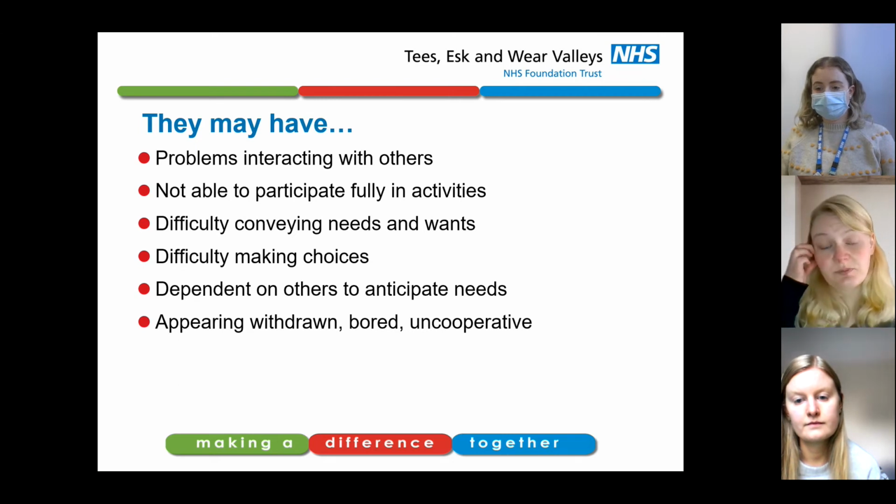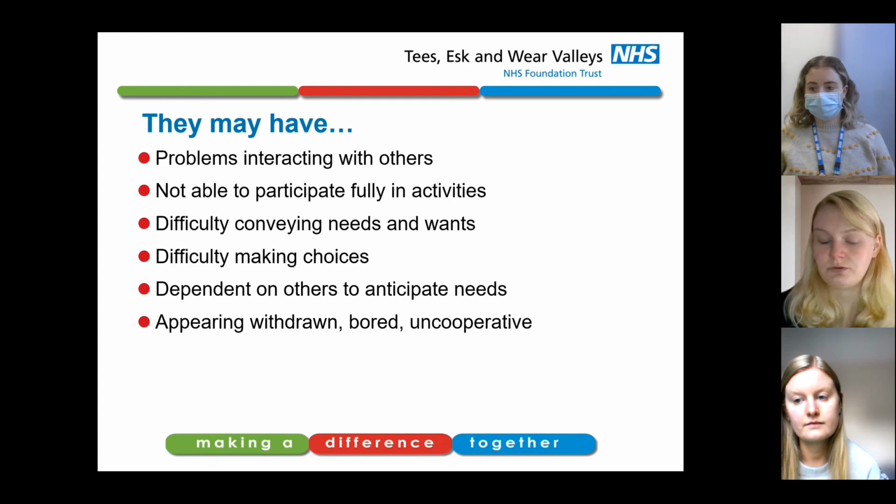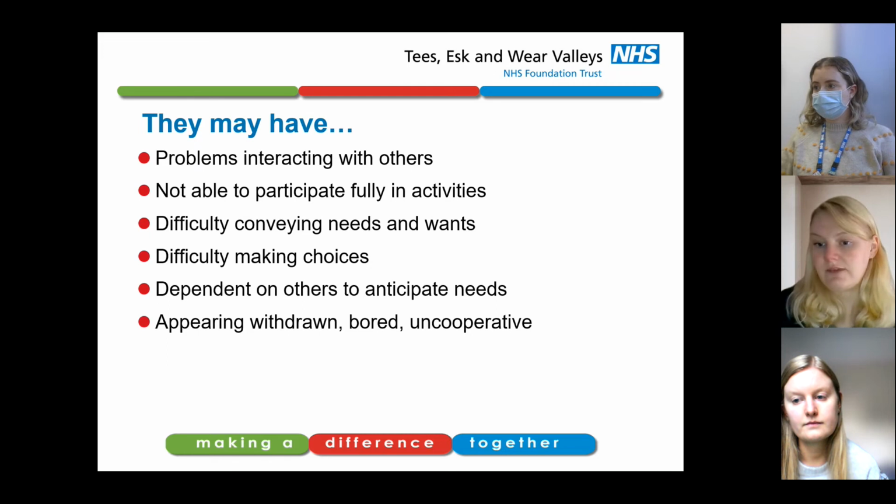Difficulty making choices. In that picture that Alana showed, the boy with a cake and the boy with an apple, if I don't have any shared means of communication to make that choice, for example, if I use eye gaze to communicate, but you've not realised that, you're not going to know what I want. You might give me the apple, and actually I don't want that apple, I want that cake, but I'm struggling to express that to you. So it might lead to me getting things that I don't really want, because I'm struggling to communicate that with you.